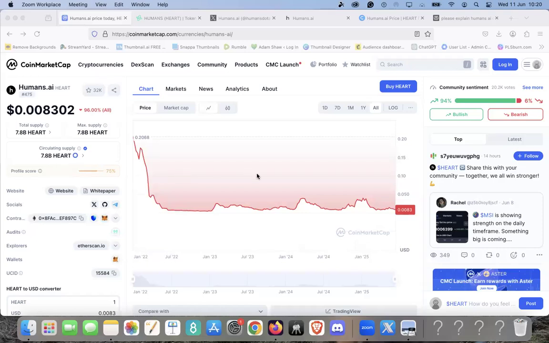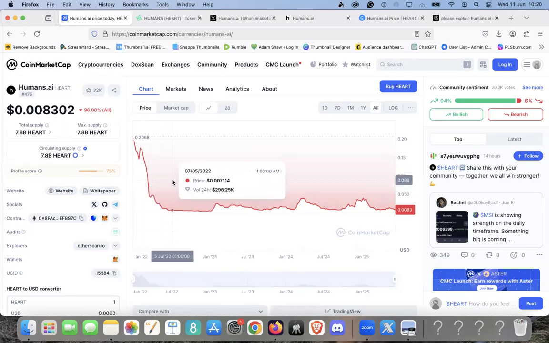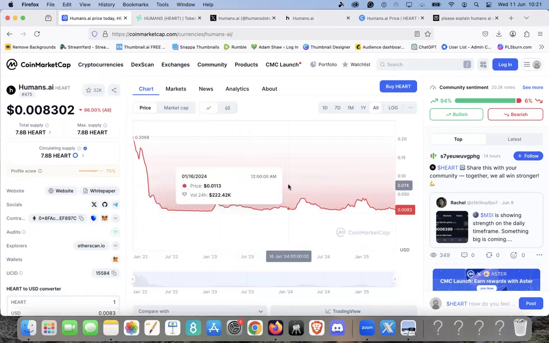So we start with this chart, and of course, look, it looks like a scam coin, as a lot of these new projects do. So it started trading in December 2021 at 20 cents. And as a lot of these new projects, it went right back down to less than a cent. In fact, to 0.007, where it stayed for a while until here, where back in January 23, it started to show a little bit of resurgence, but it hasn't really done much.